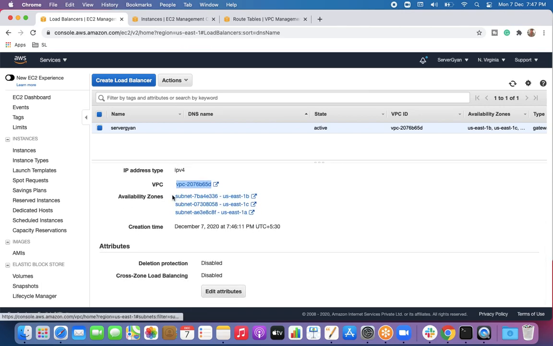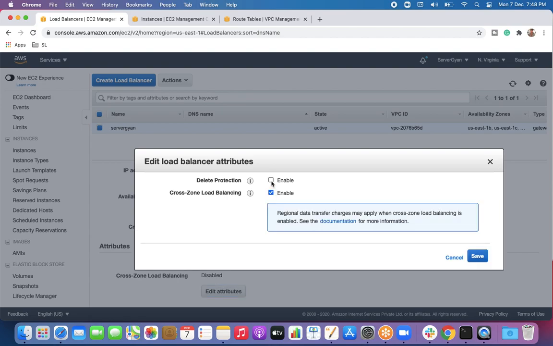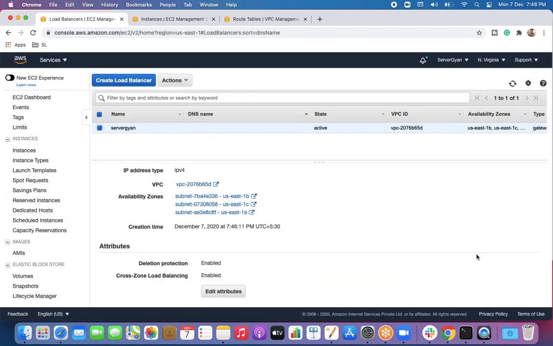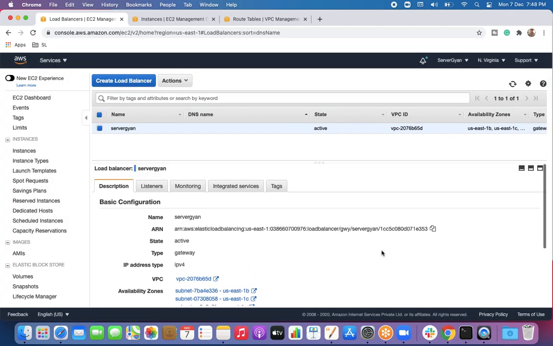Then it is going to accept load and share load between these three different subnets. Deletion protection is disabled right now. If you want to enable cross zone load balancing, you will have to explicitly enable it, right? We will hit save, and now this particular load balancer will not be deleted unless we disable it. Whenever you want, you can disable this deletion protection, but by default it is disabled. You can enable it, and once again you can disable it, right?